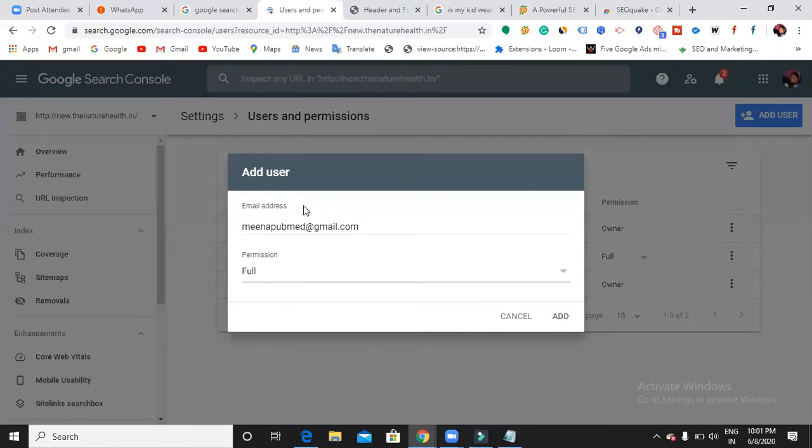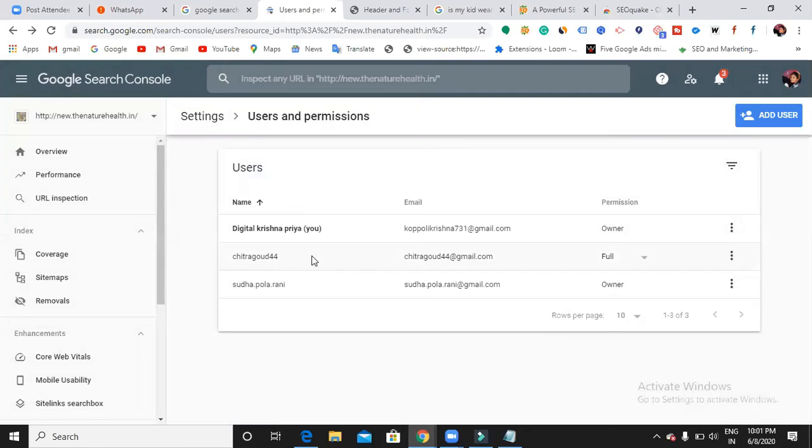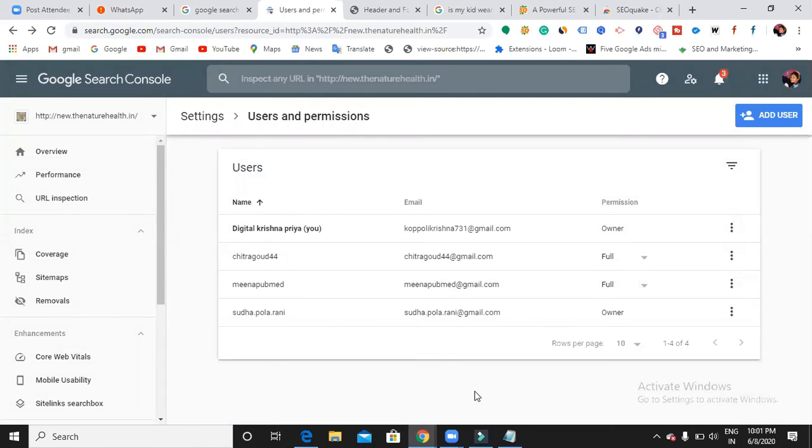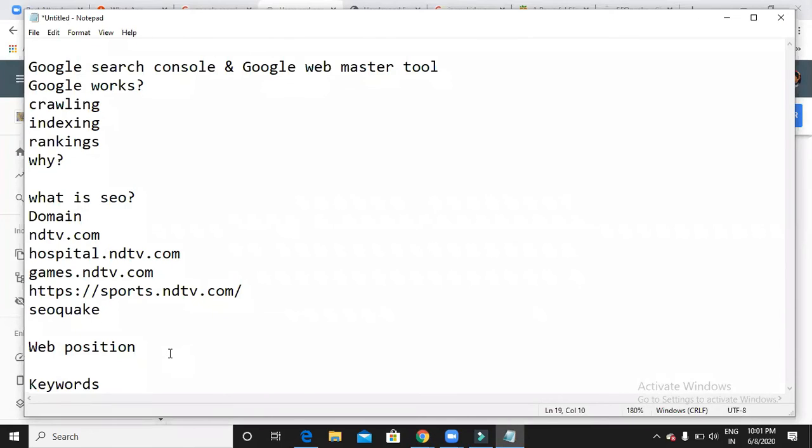Okay. So now I'm giving you the permission to use this Search Console data, add it. Right. Now what you will do, Meena, is you just sign in with your Gmail ID, right? Then you will have its complete data.